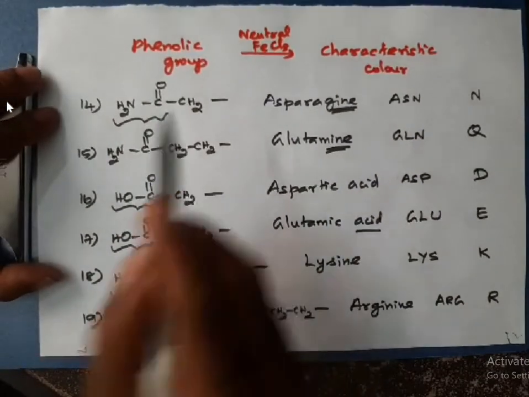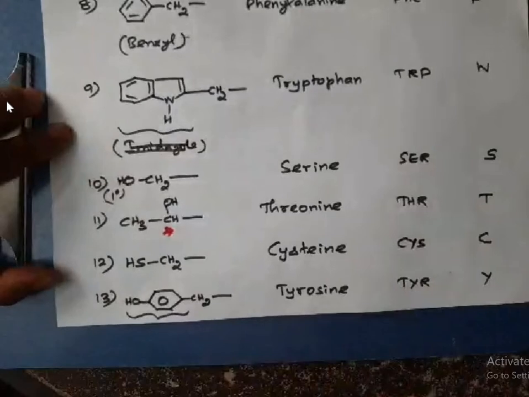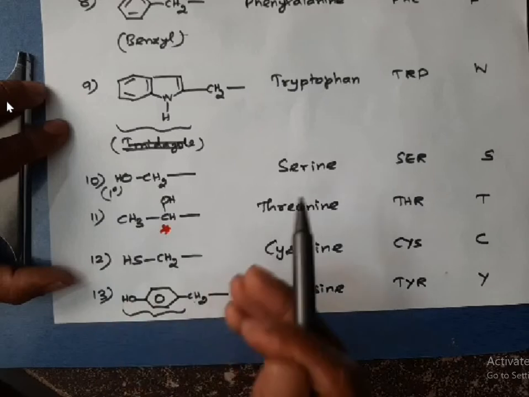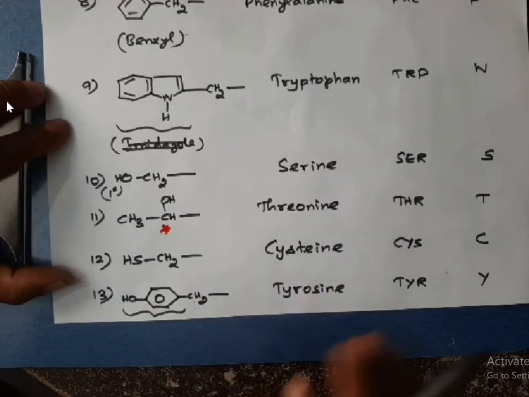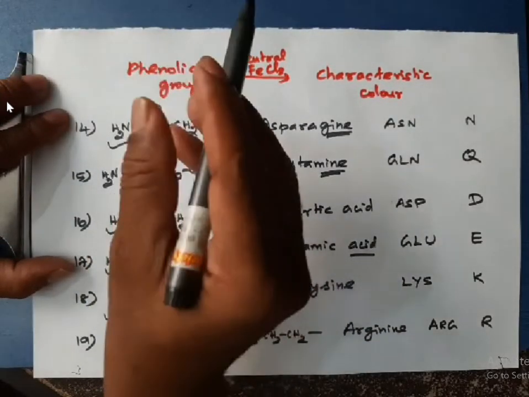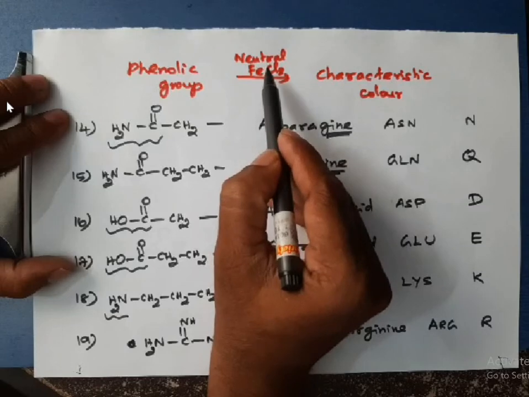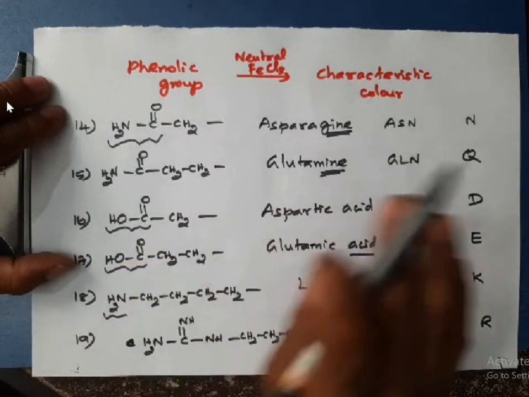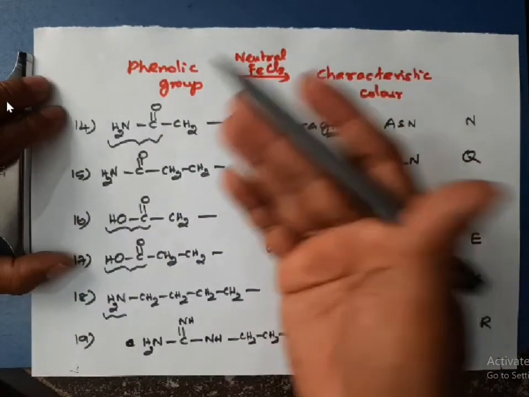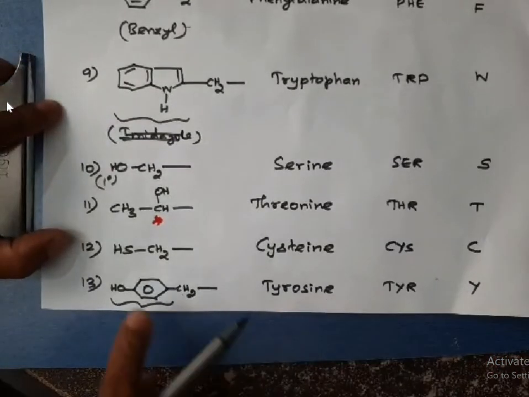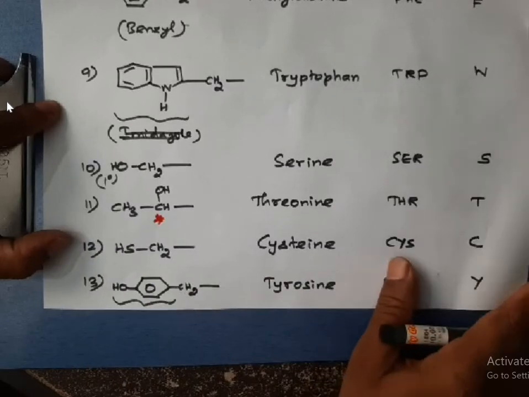Then next one. You know very well, and this is very important, since the amino acid tyrosine has a phenolic group, it will show some characteristic properties of phenolic compounds. Whenever a phenolic group is present in a compound, if you add neutral ferric chloride, that compound will give a characteristic color. Phenol will give violet color, but phenolic compounds will give different colors. So tyrosine, since it has a phenolic group here, will give a characteristic color